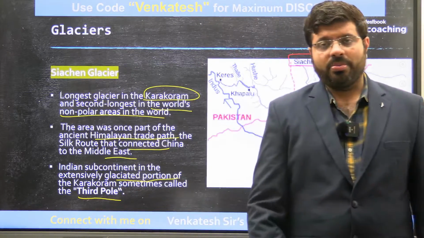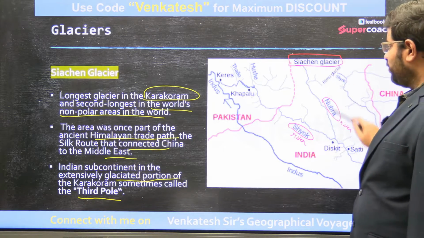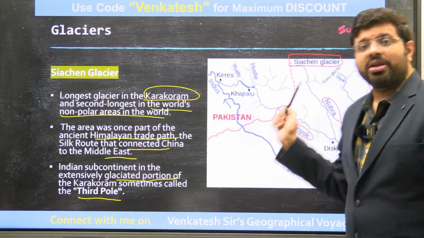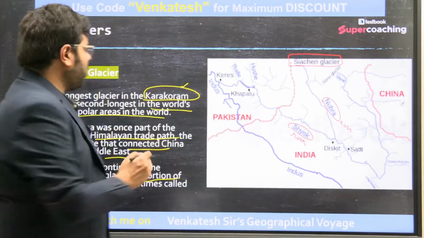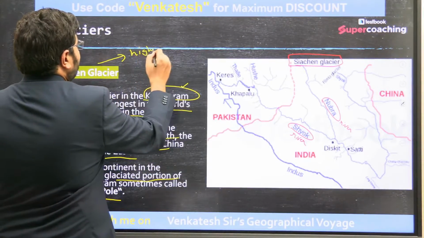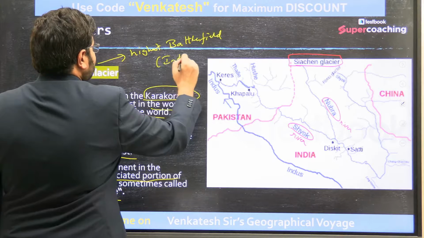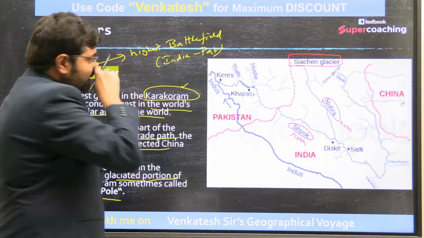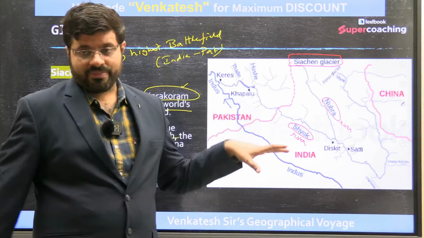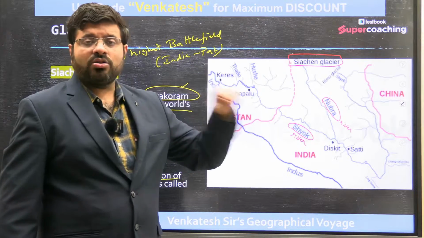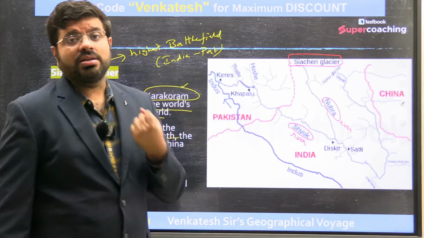Whatever, I want you to remember, Siachen Glacier is located north of the Nubra Valley, and this Nubra is a tributary of Shok, mountain range is Karakoram, and you all know by the geopolitical concerns, it is the highest battlefield fought between India and China, India and Pakistan. If you are controlling the Siachen Glacier, you will get access to the Karakoram highway. So whoever gains control of this, the Karakoram highway will be under their control. That is the strategic importance of the Siachen Glacier.